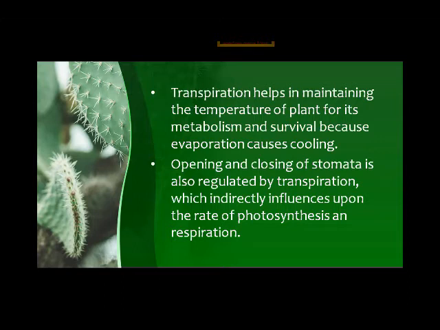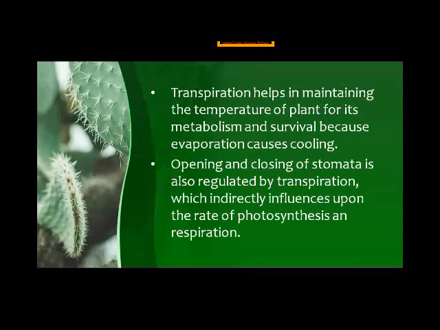So plants are living organisms. Temperature is very important in plants for photosynthesis. Do you remember 15 to 30 degrees centigrade? From 15 to 30 degrees centigrade, the photosynthesis process occurs properly. But when the temperature reaches 45 degrees centigrade, the photosynthesis process stops. That's why the optimum temperature of 15 to 30 degrees centigrade is essential for plants to maintain their body temperature. If the temperature is maintained, the other metabolic activities, respiration, photosynthesis, and others, will